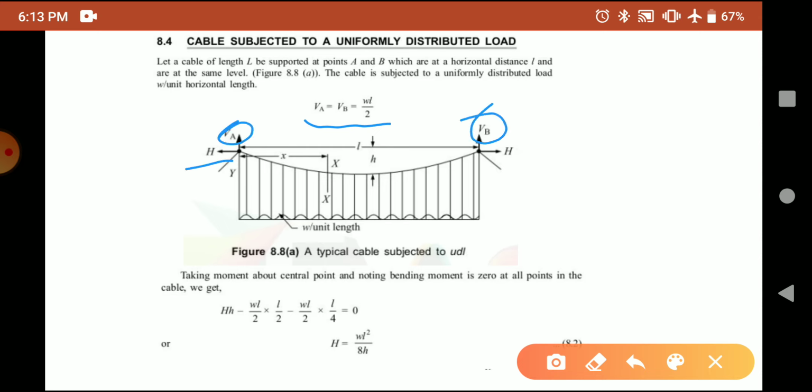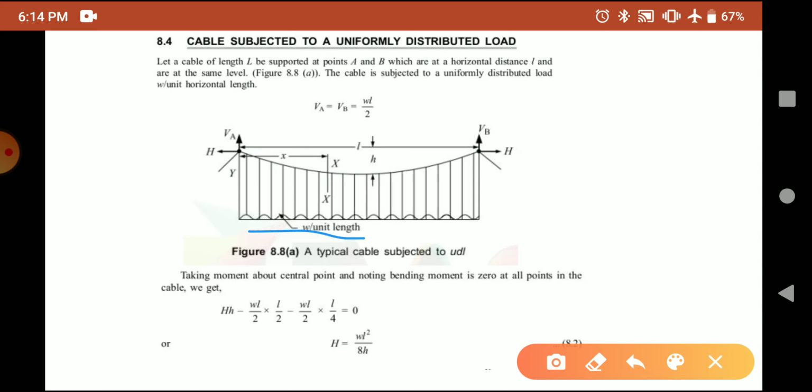Now we'll find out what is the horizontal thrust exerted at the supports. For that, consider the central point of the cable, and assume that the central dip at this particular point is small h. Now, taking moment about that point, say let it be C, taking moment about that point C, we have,